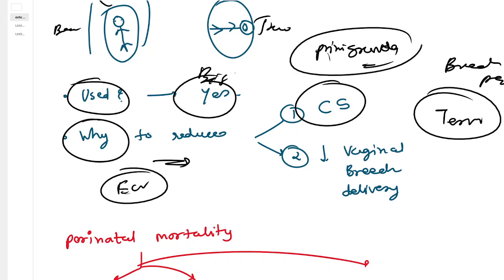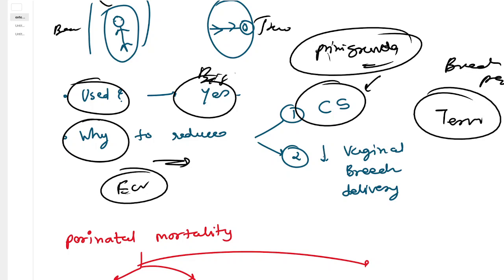This concept is still very much used, and many obstetricians want to do this to reduce the risk to the baby. But again, we try to reduce the rate of cesarean section anyway. Okay, so that's why ECV is important here. ECV makes the baby's presentation vertex, and that's why we don't need CS,